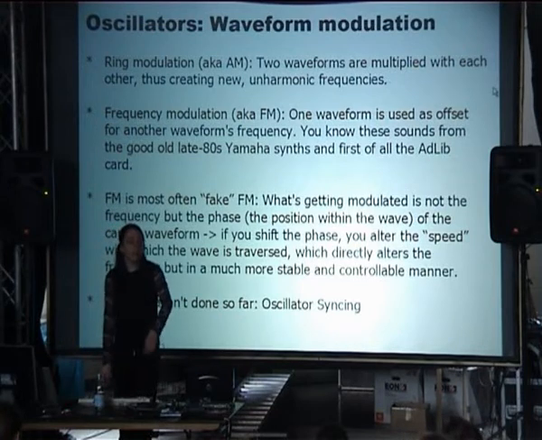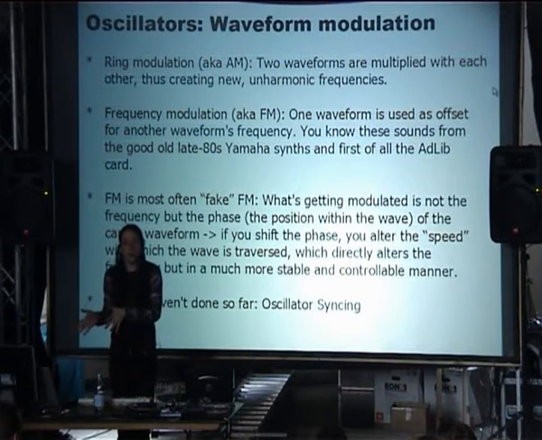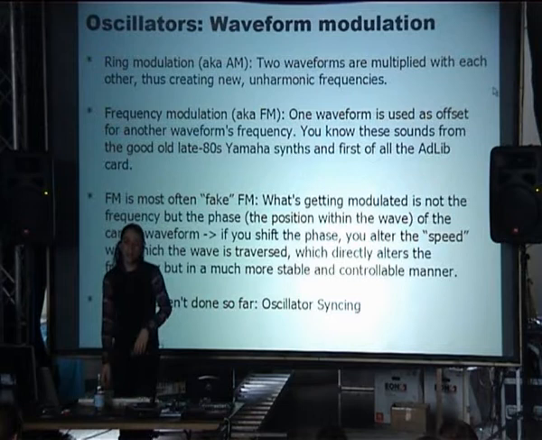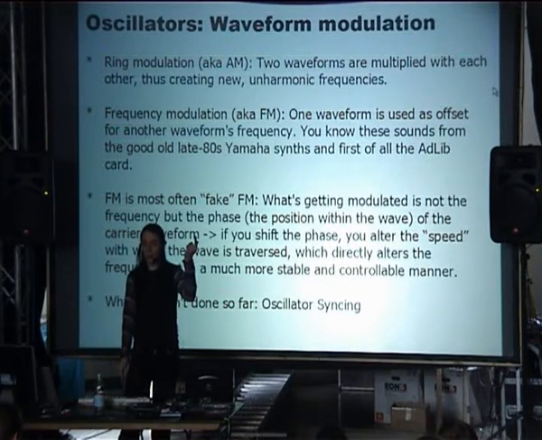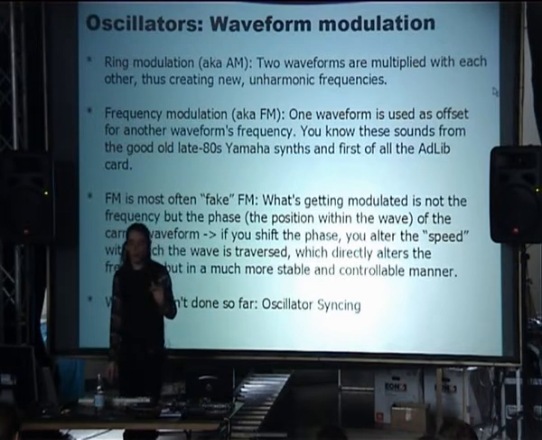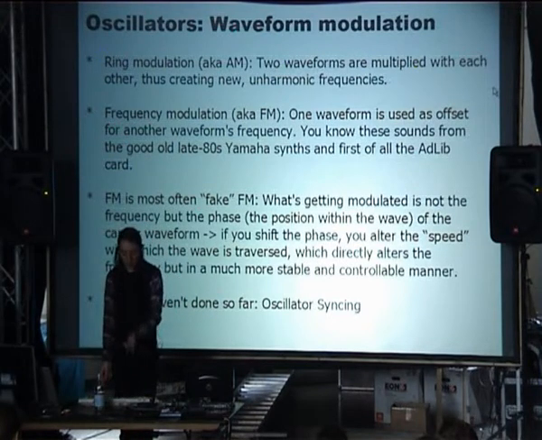Most people trying out frequency modulation really try to modulate the frequency, which doesn't work, because if we have frequency modulation and we say, okay, when the modulator wave is up, the frequency should be 10 hertz higher. Those 10 hertz are always 10 hertz, and the scale of frequencies is logarithmic. So one octave more is doubling the frequency. So 10 hertz are a different kind of measure regarding which note you play. So if you try to modulate the frequency, it will sound different with each different note,